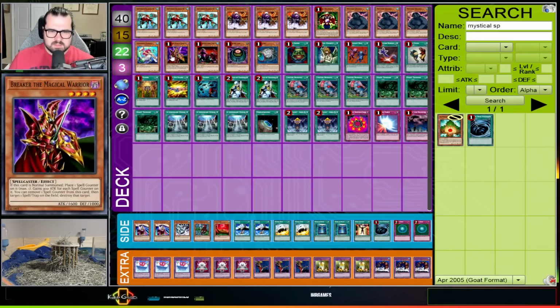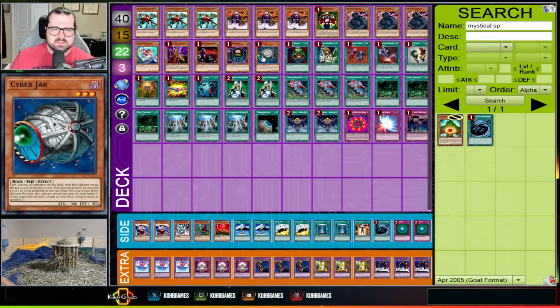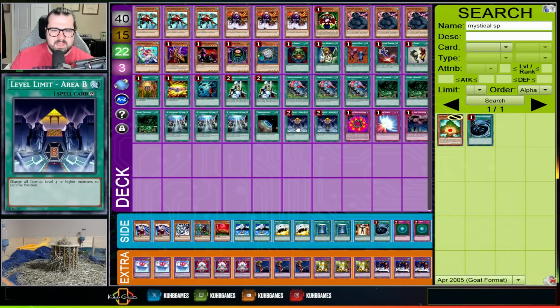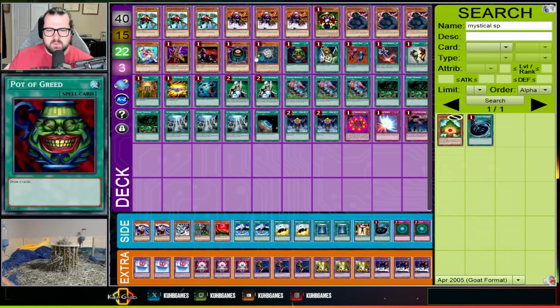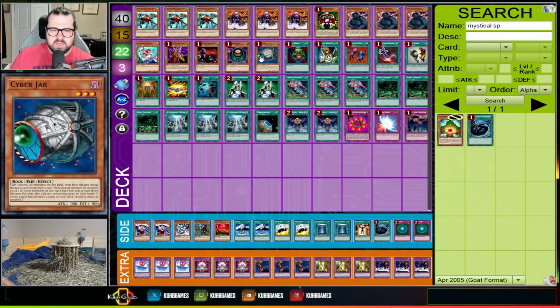Then we have some good cards, Breaker and Tribe, and then just built sort of like the Ben K decks. We have Cyber Jar and Morphing Jar in the deck. Basically, especially if you're playing Level Limit Area B, sometimes you just stall your opponent out, flip one of these, you get all your combo pieces, then you kill them. So just really good at finding the pieces that you need in the deck. Love to have these here. Unfortunately, Cyber Jar is not a machine, so it can't work with just random limiter removal kills,